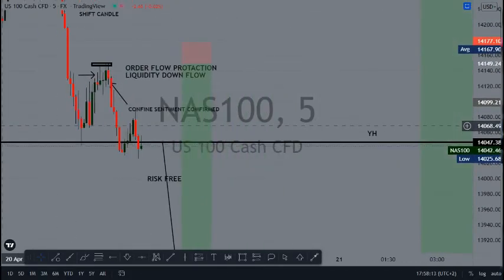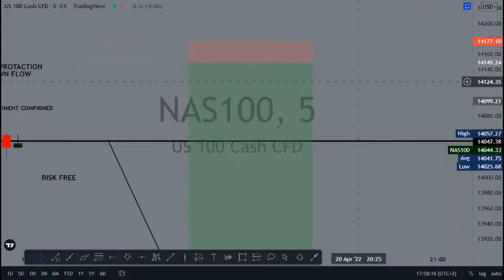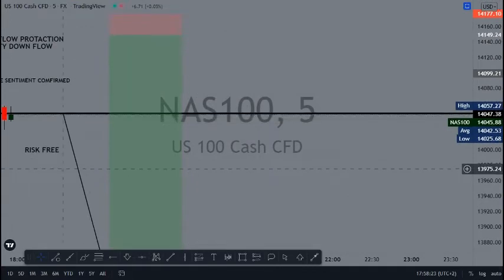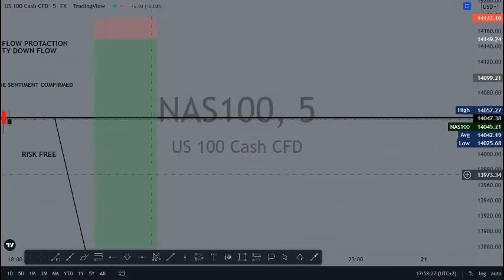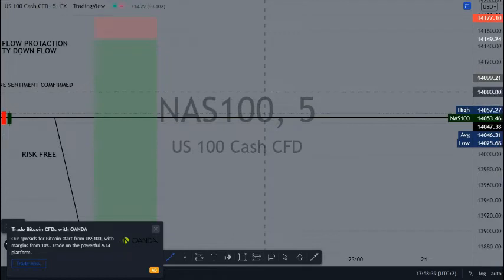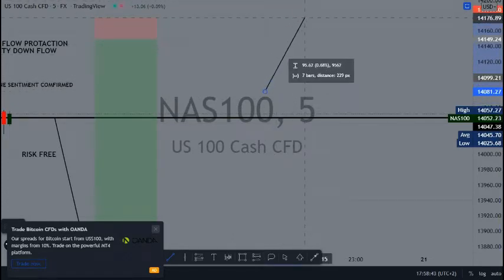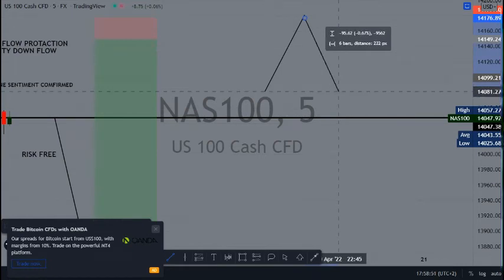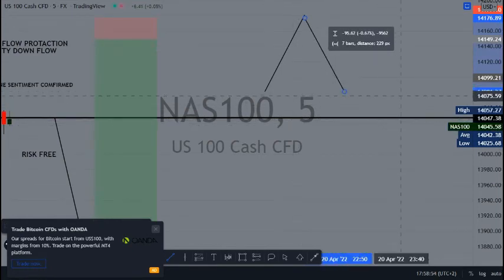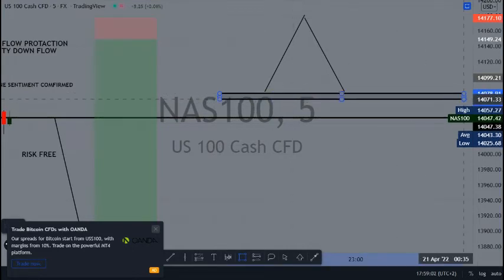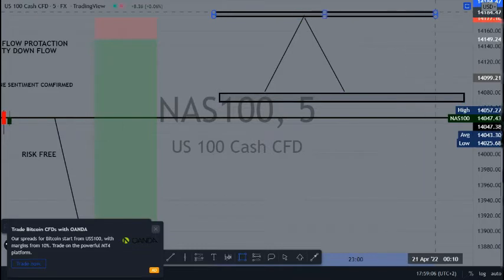So the concept of this whole course was actually to show you something. Let me show you this little pattern. So what happens here is we get this kind of pattern. The market creates a high, and then the market moves to the downside, and then we see we have two levels here. If we get this kind of setup,